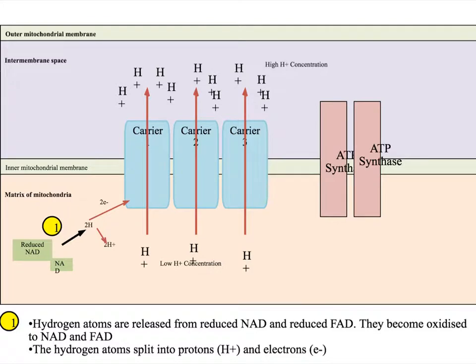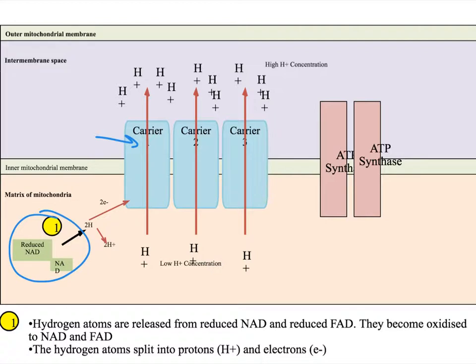Okay, so onto the electron transfer chain. There are several steps that go through. As you can see, there are different carriers: we've got carriers 1, 2 and 3. And we've also got our reduced NAD and FAD over here